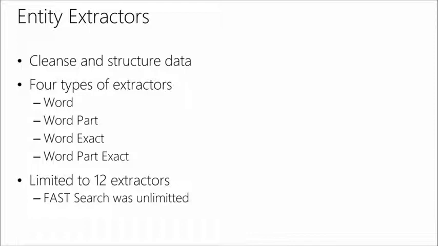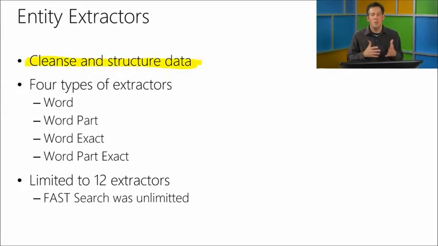Now, the first option we've got here is known as an entity extractor. What an entity extractor will do is look for certain keywords that you provide and convert them to whatever values you want. So it's all about the ability to cleanse and structure your data. Maybe you've got different abbreviations for different job titles. You can set up an extractor, so if somebody has flagged something with one of the abbreviations, the extractor, when that item is crawled, picks up the abbreviation